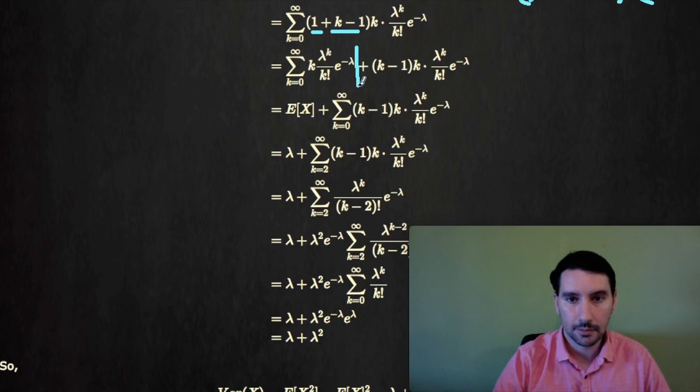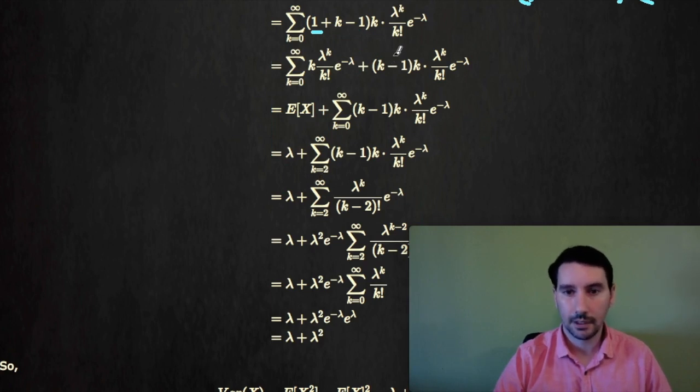Now, this summation here is just E of X. It's the expected value, right? It's k times the probability that X equals k, which we've already computed, and that's lambda. So if we were just to run down these three equations for this sum, the sum is E of X, which is lambda as computed above. Now for the other part,